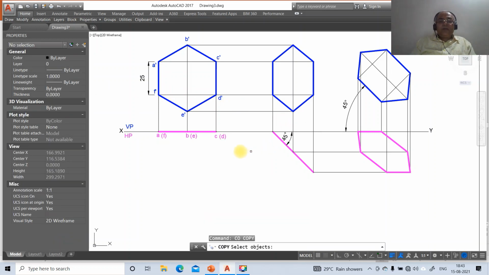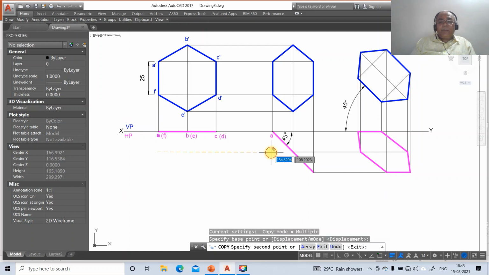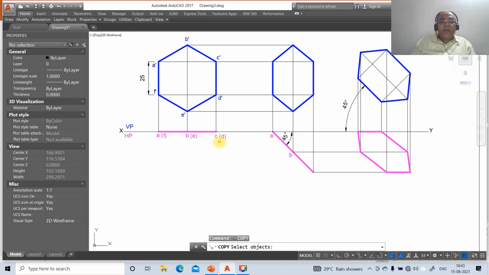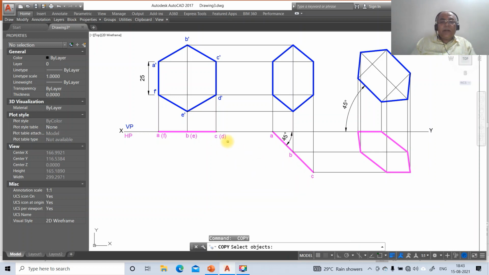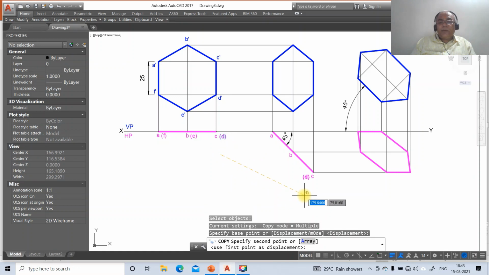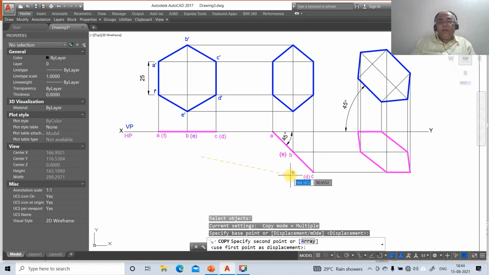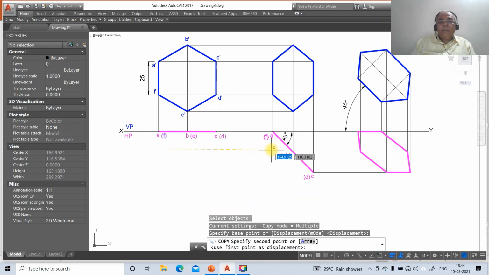Now we need to copy this, so you copy A here and then B here, then C here, then we want to go for D, copy this here, then we want to copy this here, E, and you come to copy this F here.